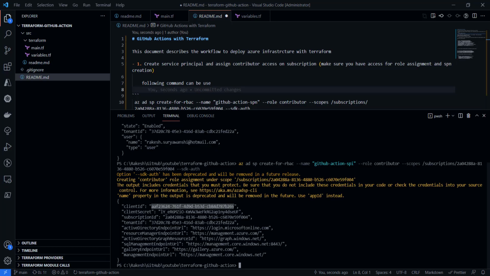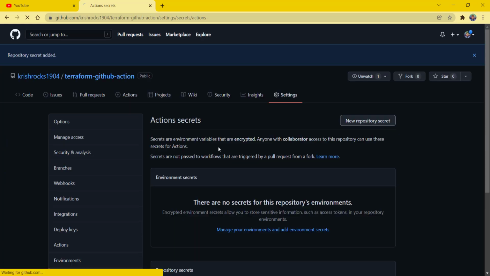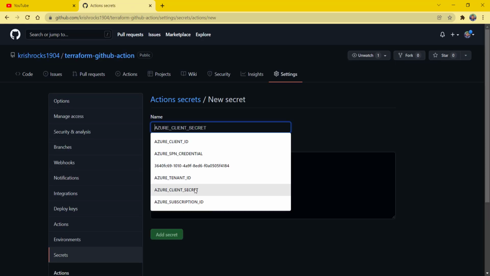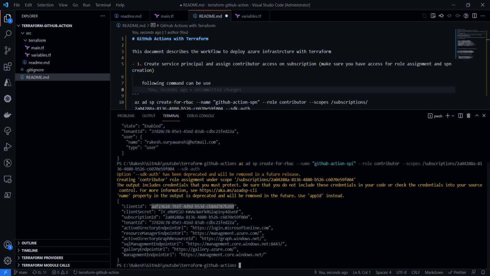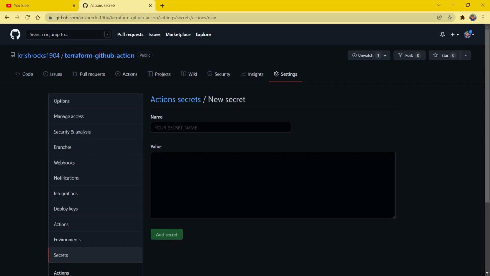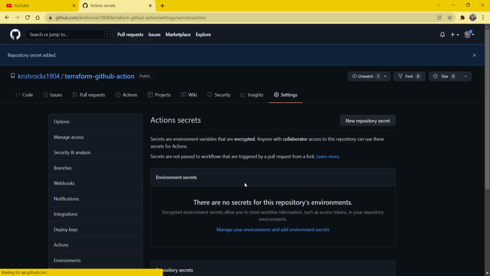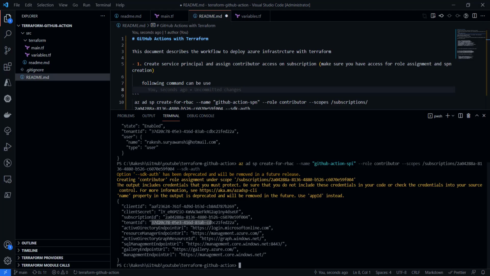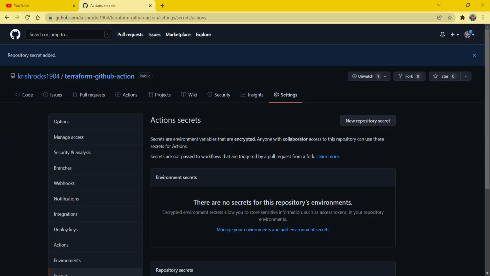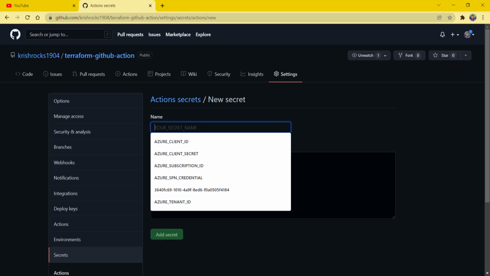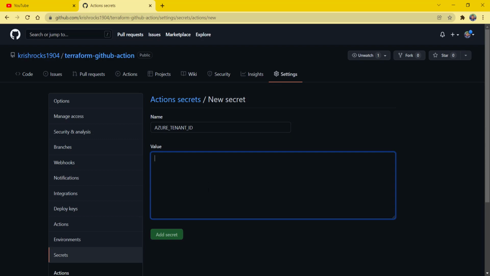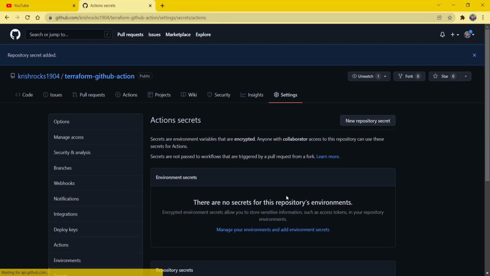I'll copy this client ID, add it here, add new secret, create new Azure Client secret. I'll copy this particular secret value. I'll use the subscription ID as well as my third secret. And the tenant ID as well. The reason we are creating a secret is because these are the secrets which we will be using in our GitHub